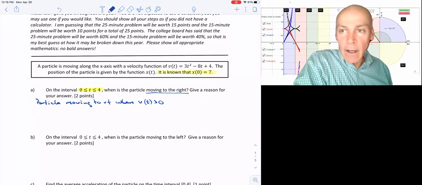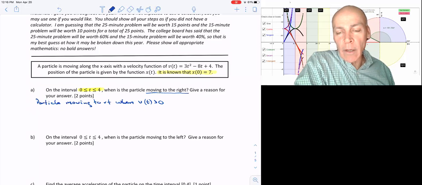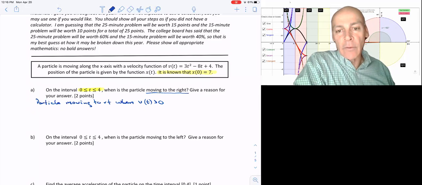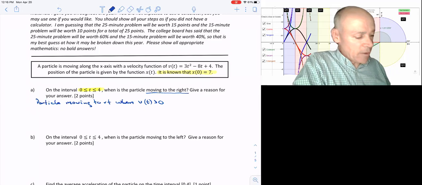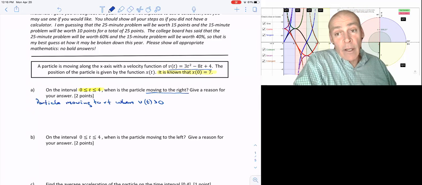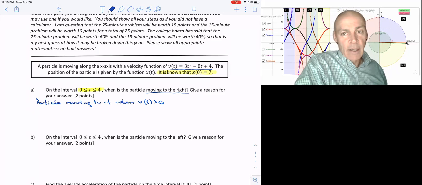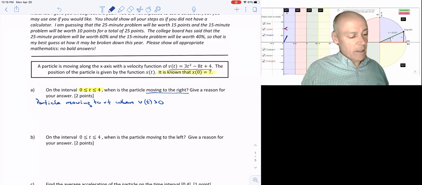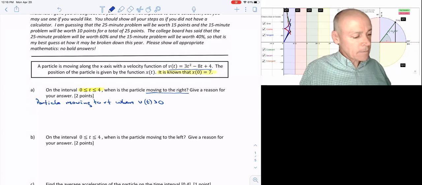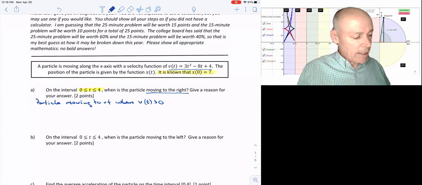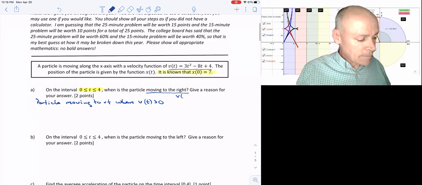Well, how do we find the interval where velocity is greater than 0? We're given the velocity function, and there are a couple of ways. We can use our calculator, plug that in as y1, and then just look to see where the function is above the x-axis. That's going to be the interval where velocity is positive. Or algebraically, we could look at this function